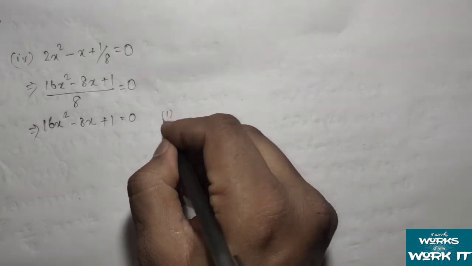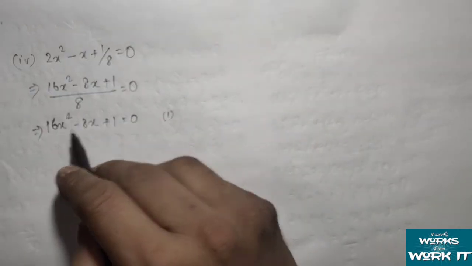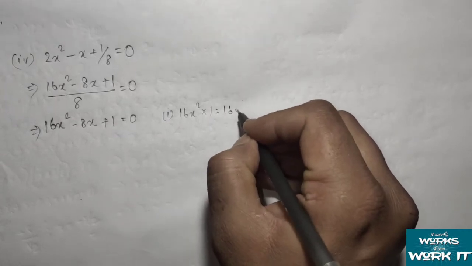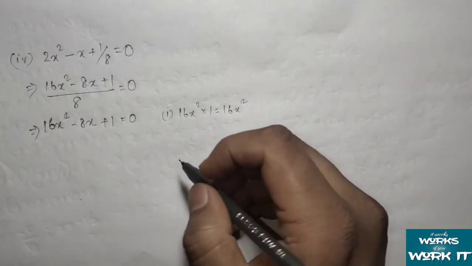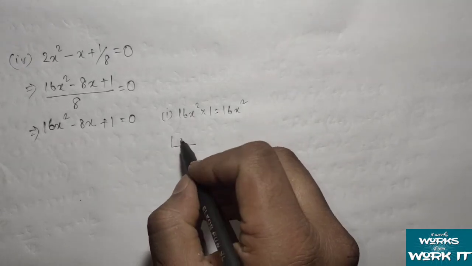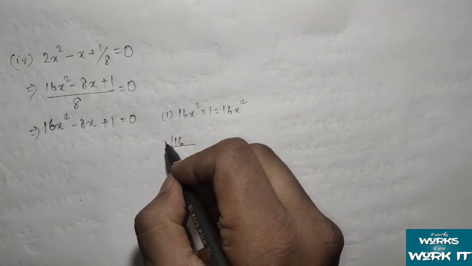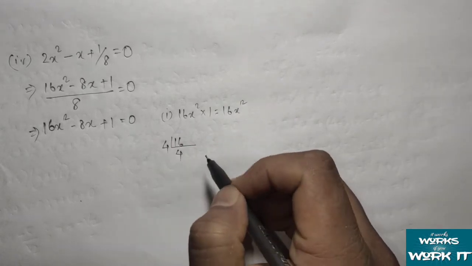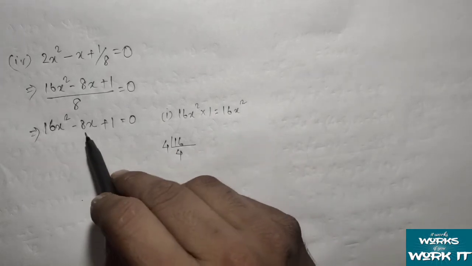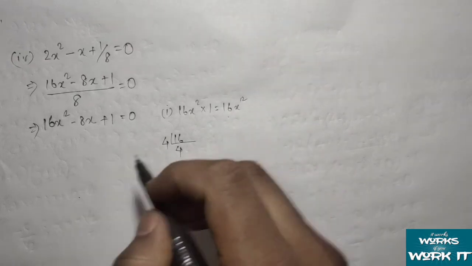So what was the first step? We need to multiply 16 and 1. So multiplying the first term and the last term, we are getting 16x square into 1, that is 16x square. Then after we can use the prime factorization method. So 16, we need two numbers, what we can have, 4 into 4. So using these two numbers, after adding these two numbers we can get 8, and after multiplying these two numbers, we can get 16.